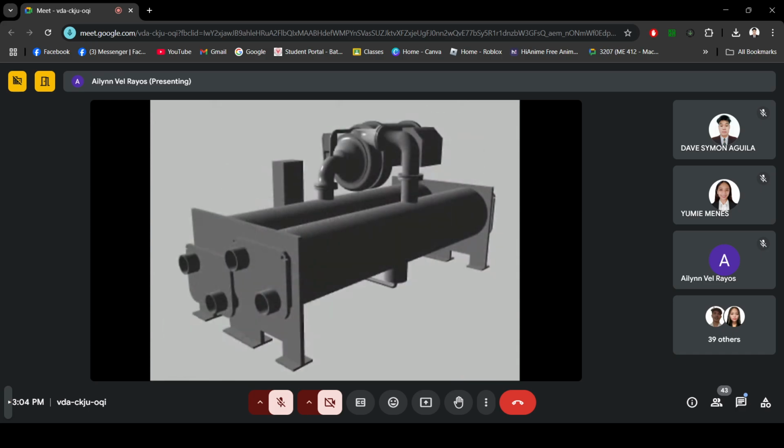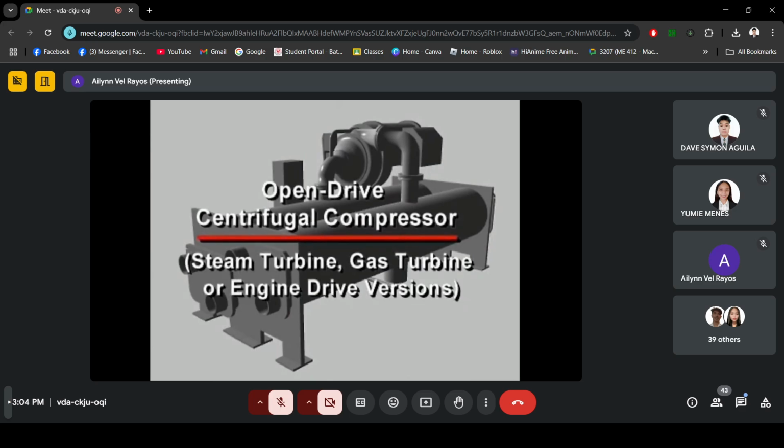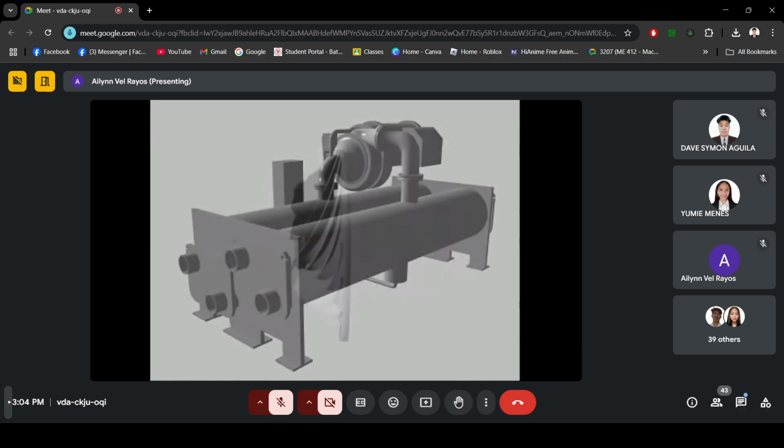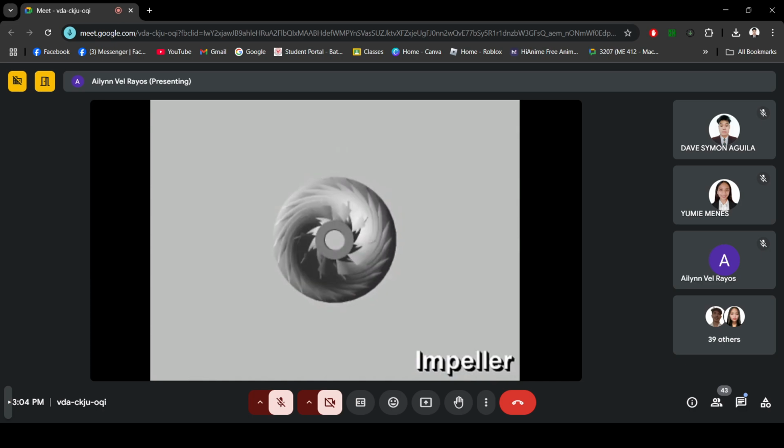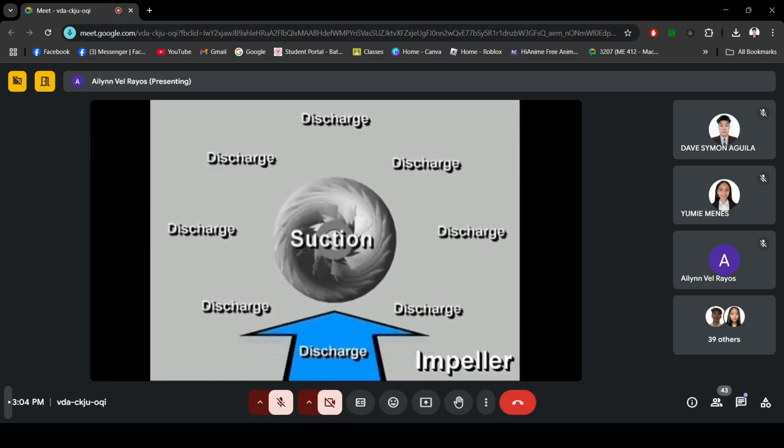Centrifugal compressors are usually driven by hermetic electric motors. However, open-drive centrifugal compressors are also available for applications using steam turbine, gas turbine, or engine drives. The impeller is a rotating circular disc with curved blades that is driven at high speed by the electric motor. As the impeller rotates, it moves refrigerant vapor from the suction opening in its center to the outer edge using